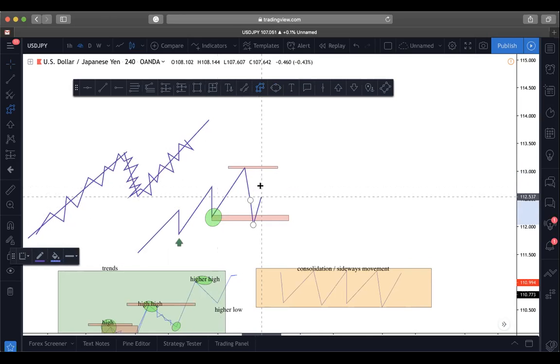So now we're expecting a pullback, because the structure has been broken. Once the structure is broken, the market can either go into consolidation or